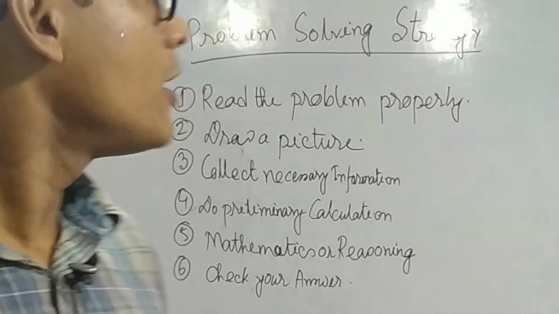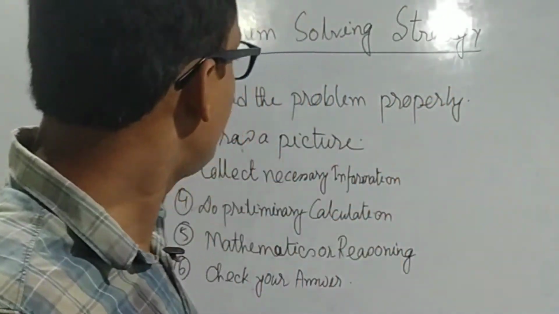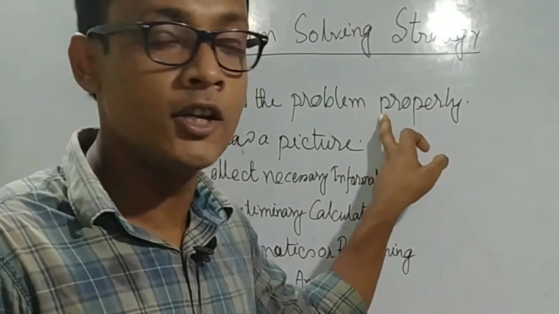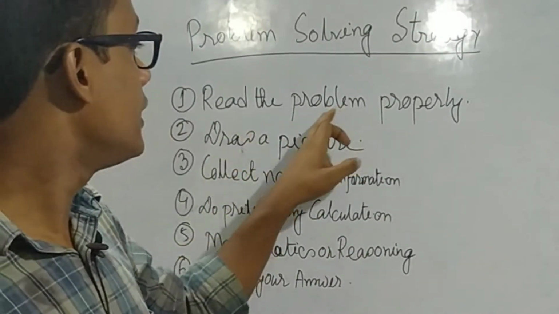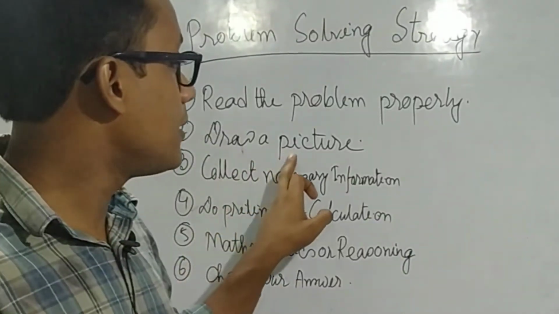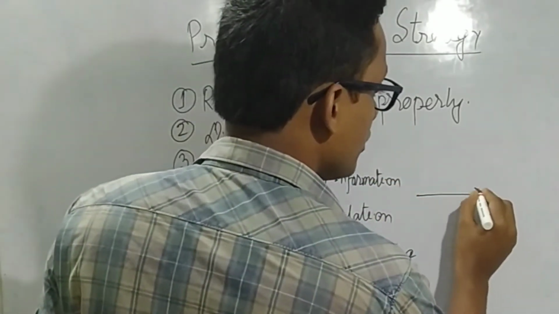Now we will talk about the problem solving strategy. To solve a problem, we have to follow these six steps. First one, read the problem properly. Then draw a picture. We have to draw a picture, for example, let us consider a particle is moving